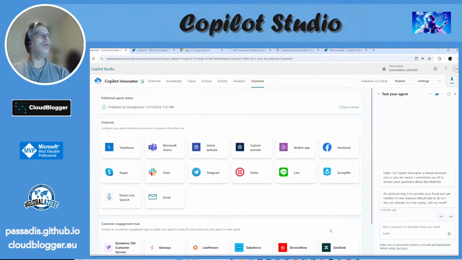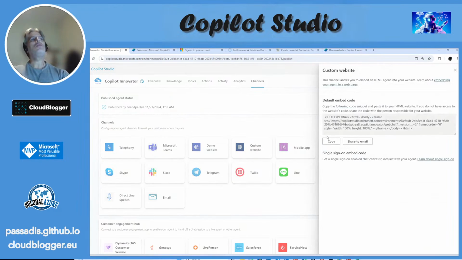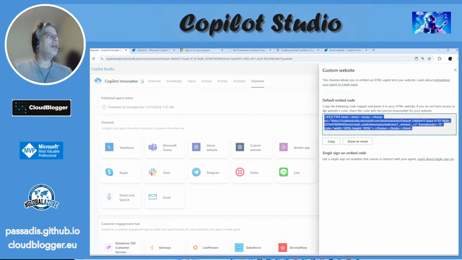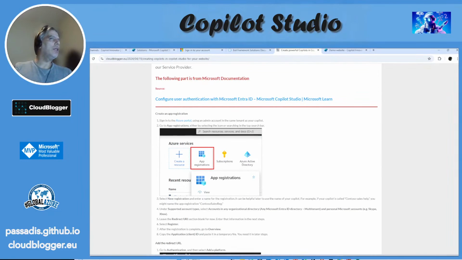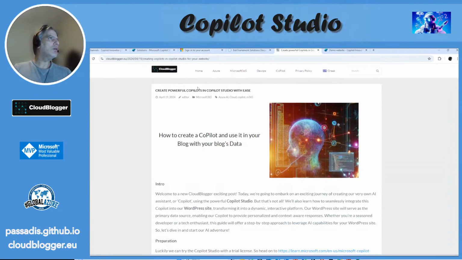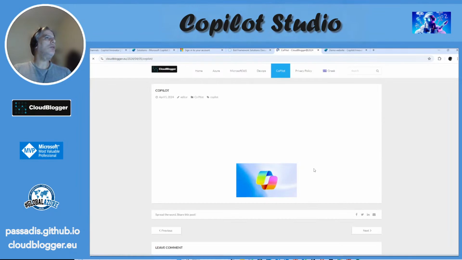So what we need to do, the easiest thing, custom website is the click, and you're just embedding. It's that easy. Only thing you need to do is to embed through this embed code. And if I go here to my website, which I have done already, apart from this blog post that explains everything that we've done today in a more detailed manner, you can click here in Copilot, and you're going to see that we are utilizing,